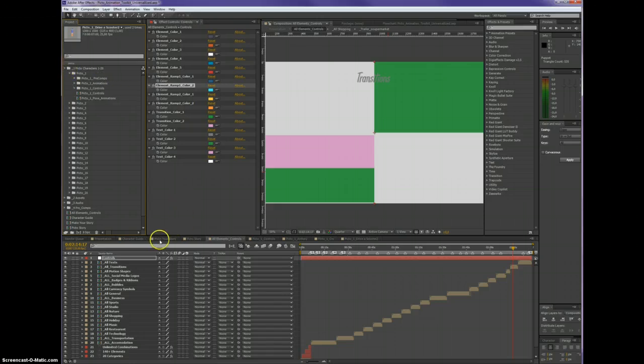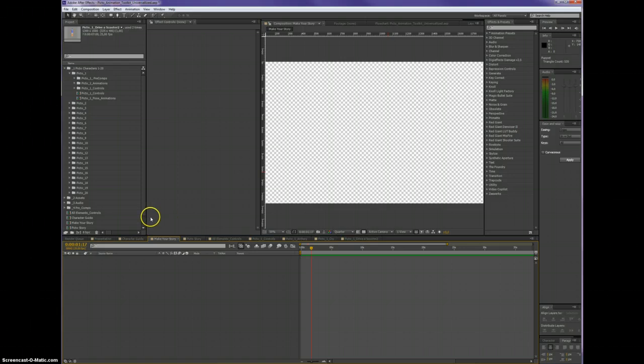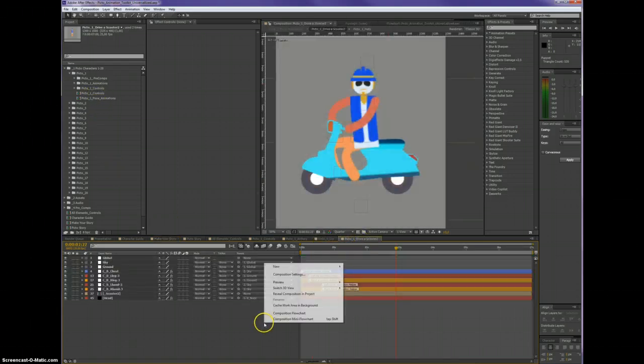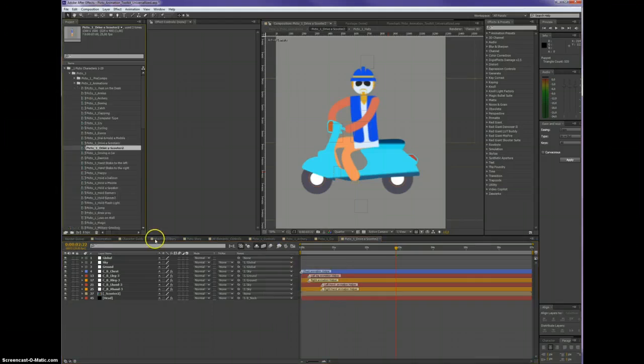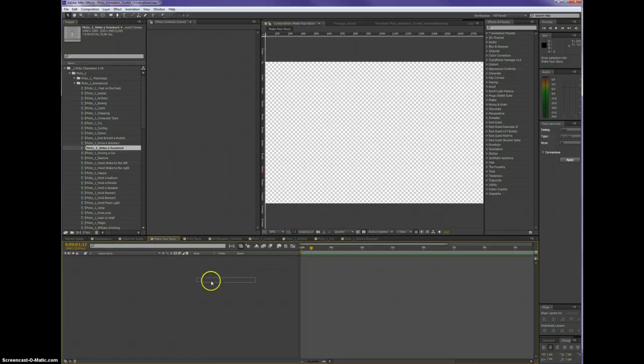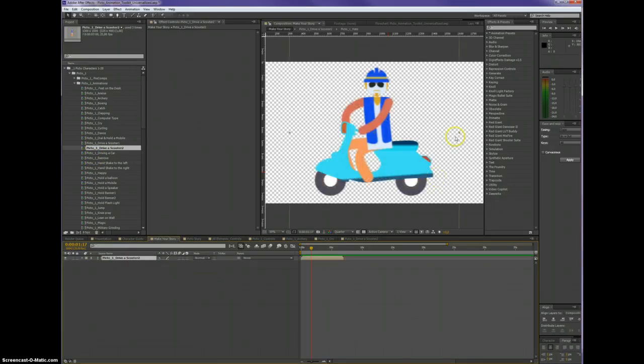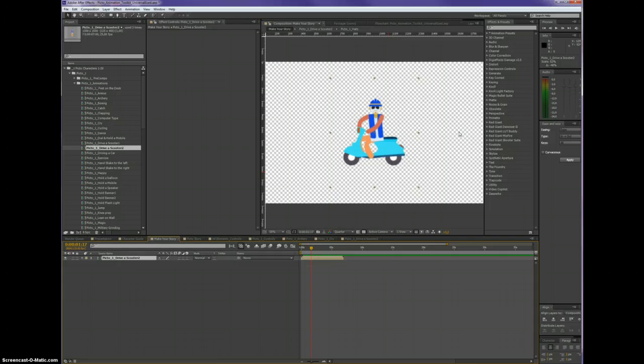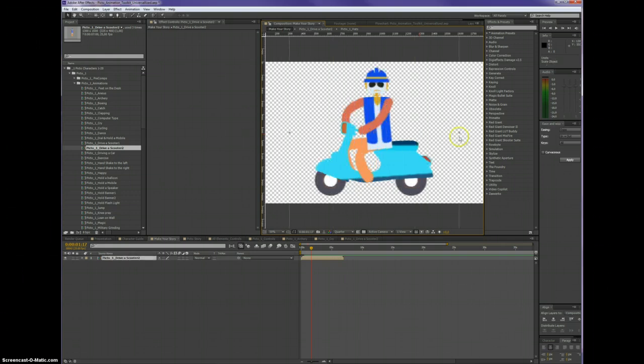In your story, here is a composition called Make Your Story. If you take this Picto driving his scooter, let's see, reveal composition in project. If you go to your story and have this Picto here, you can scale it down, and in case you want his scooter to go from the other side, it's a good idea to go to Effect Presets and